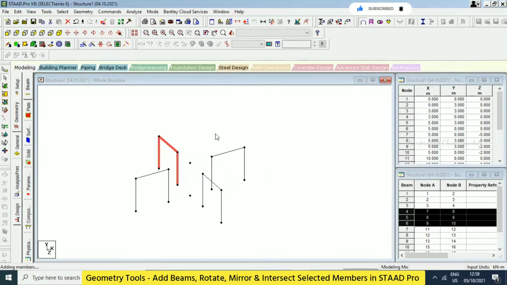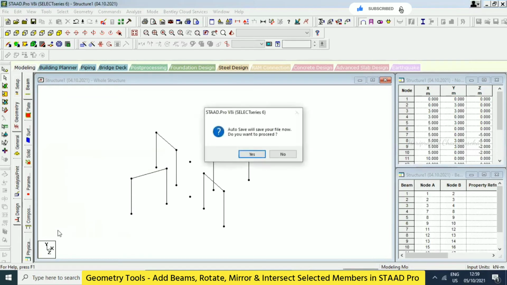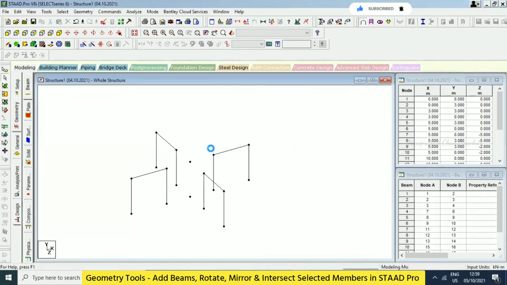I'm just going to select this particular node, and then I think I'm just going to copy it. See, it is coming in the YZ plane. No, no, XY. It's correct. See, it is in XY. Now, see here X and then Y. So that's why it is the XY plane. Okay, now you know rotate and then mirror also. See, these options you also have here. See, mirror, rotate, everything.